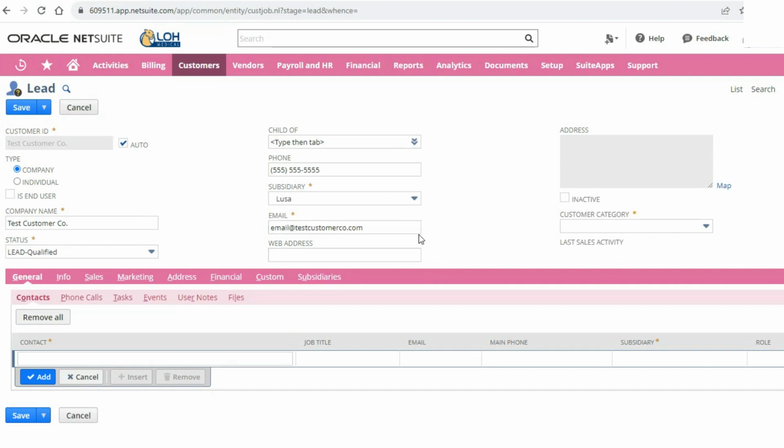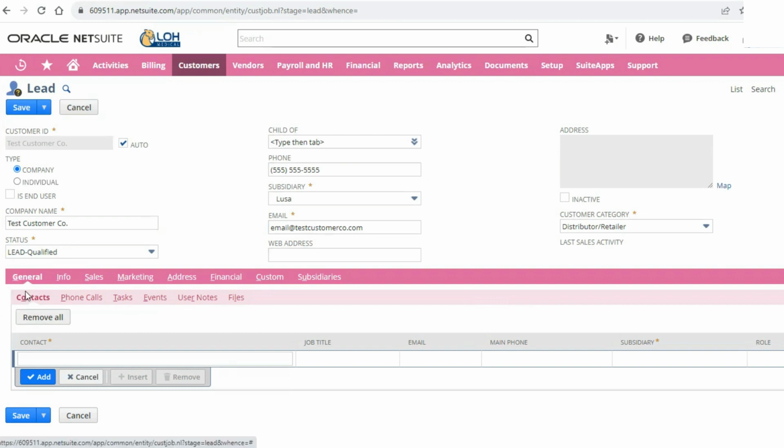We're required to have an email at the very least, but oftentimes you're going to want to add a phone number. It's easier to make contact with people. So those are the required fields on the top part of this form, the main part of this form.